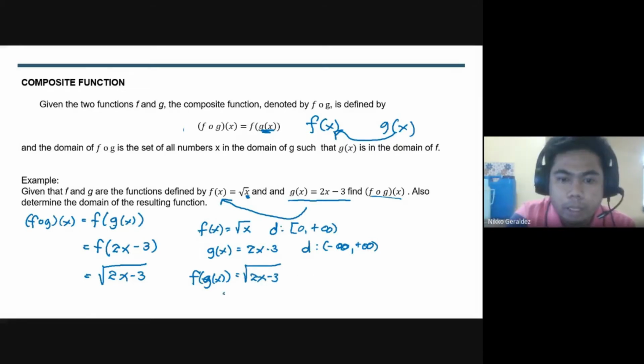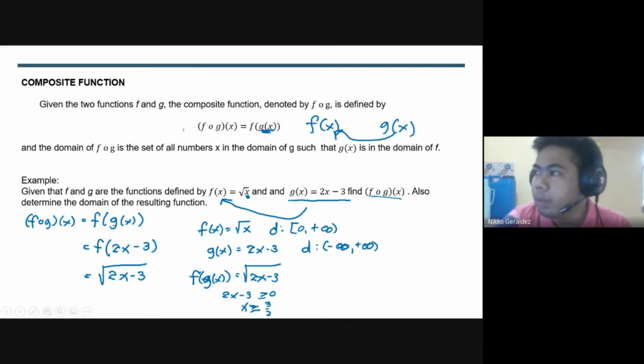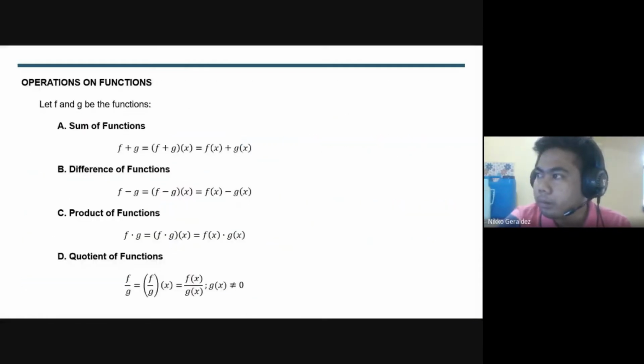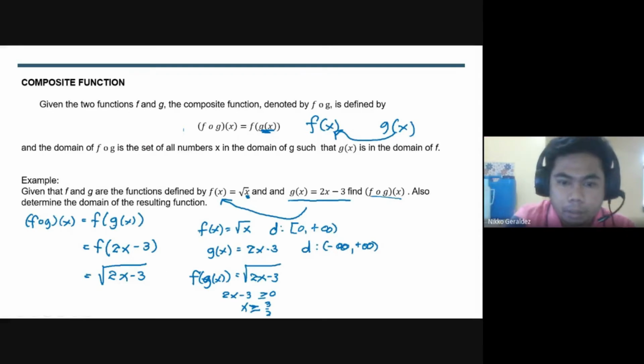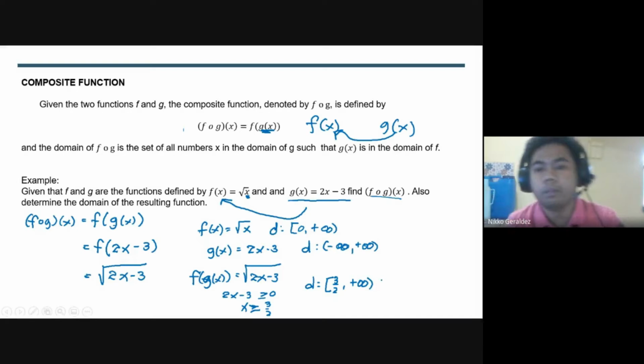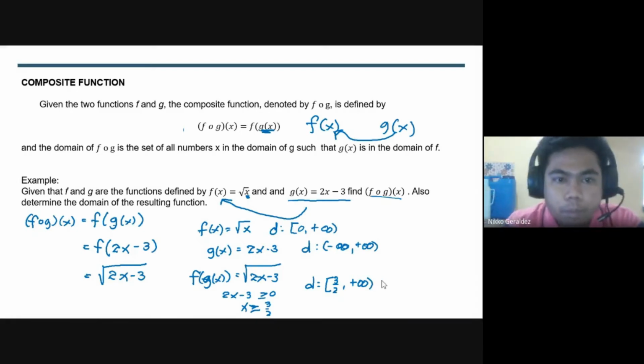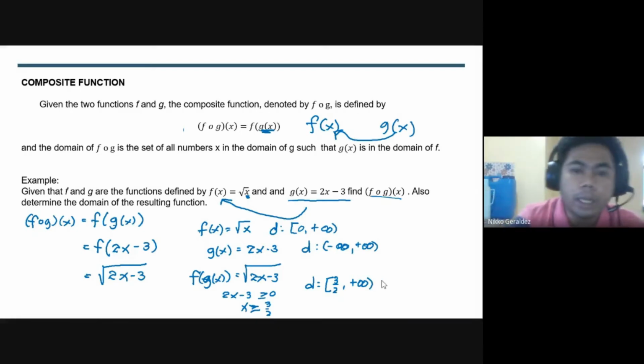Anong domain natin? So, 2x minus 3 greater than or equal to 0, or x greater than or equal to 3 over 2. Tama? Tama, sir. So, ang domain natin is 3 over 2 to positive infinity. So, yun. Tandaan natin,